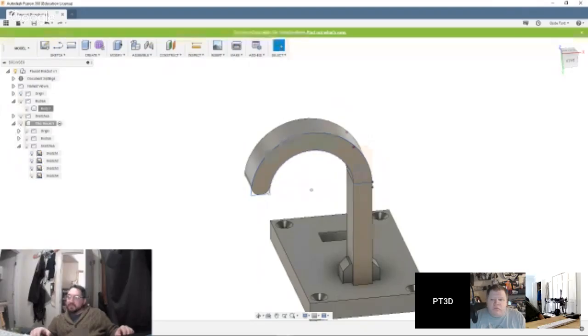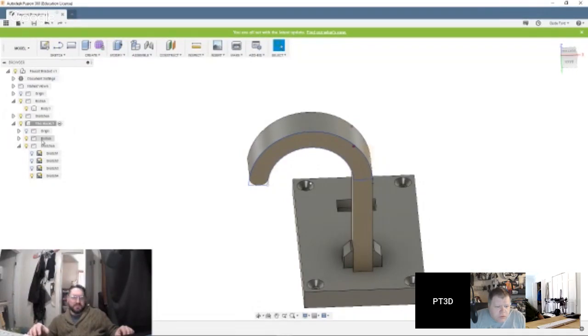Actually, you're not. You made that a separate component, right? Yep. Just grab it and rotate it, and then just do a combined cut, and it'll remake the slot for you. Well, the slot should be fine regardless of what orientation it's in. No, because it's going to go into an angle when you rotate it. If you rotate that whole thing and then do a combined cut.